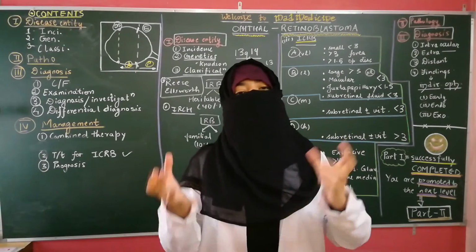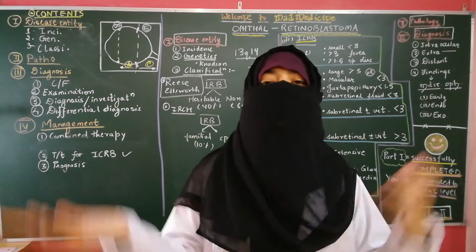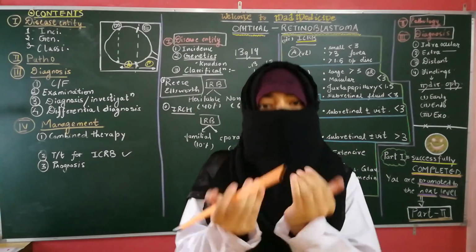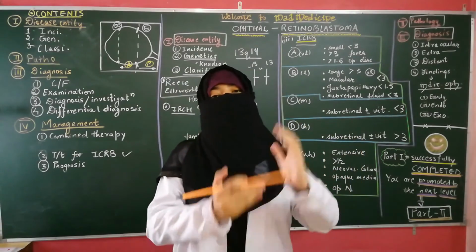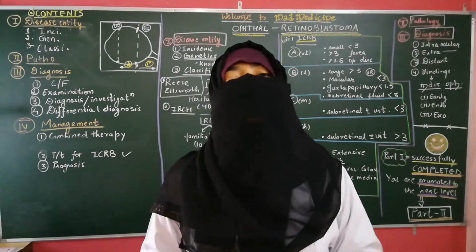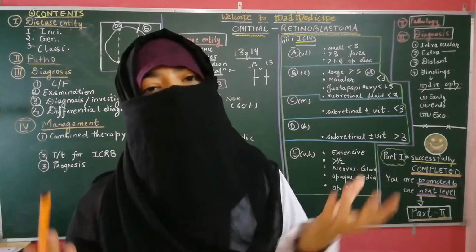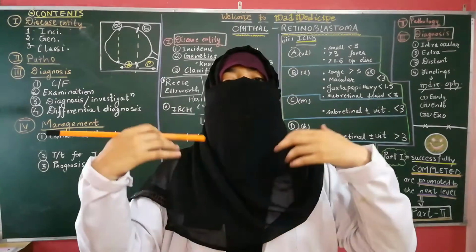Type C means there are vitreous seeds, or some subretinal seeds, or both of them, less than 3 millimeters. Type D means the same thing but more than 3 millimeters. And type E is an extensive tumor which is involving more than half of the retina, or which is extending into various portions,